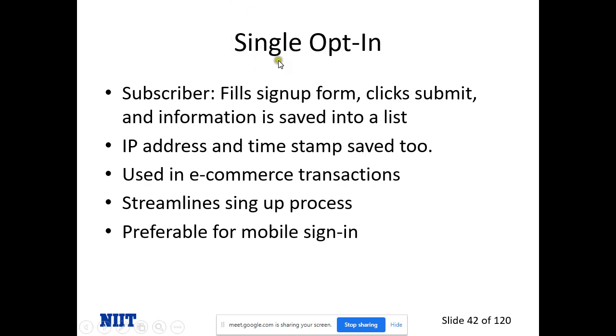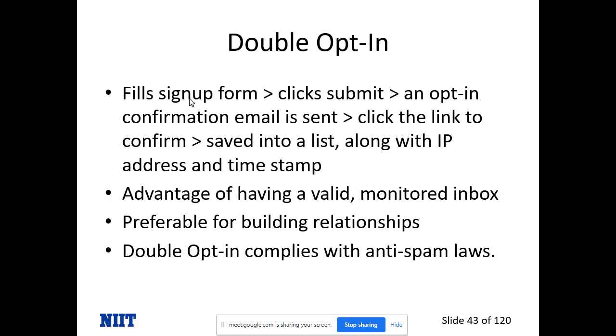Basically what they are talking about is single opt-in, subscribe to email form using MailChimp, and there is double opt-in also. Now what is double opt-in? Subscribe to email form using MailChimp. Fill sign-up form, click submit, and an opt-in confirmation email is sent. So अब आप बताओ मुझे क्या समझ आता है आपको ये सुन के कि हाँ दिलनवाज, what do you think the difference between single opt-in and double opt-in is? कोई बता सकता है? What is the difference between single opt-in and double opt-in? Come on.